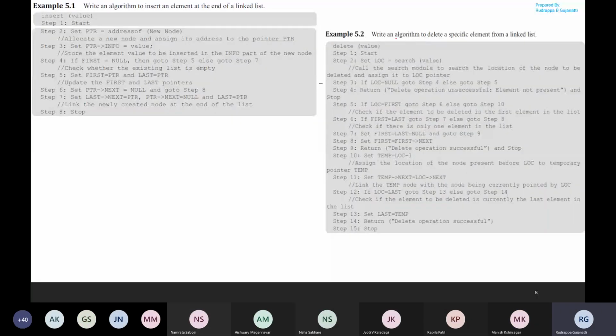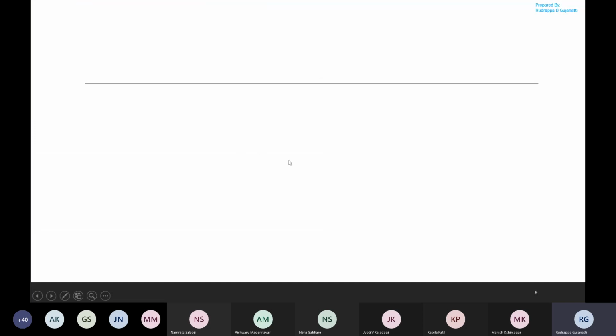So next, let us look at the algorithm pertaining to the delete operation. So again, we have to refer to the previous case, and then we